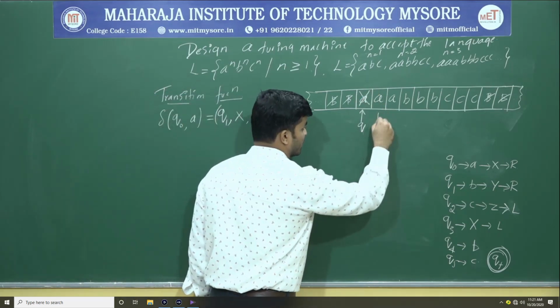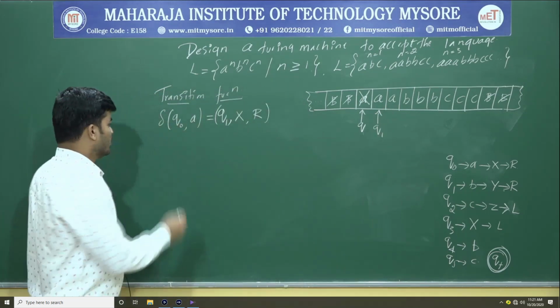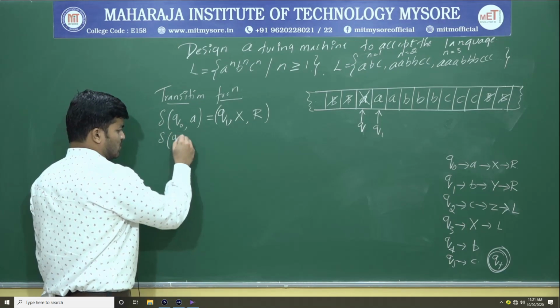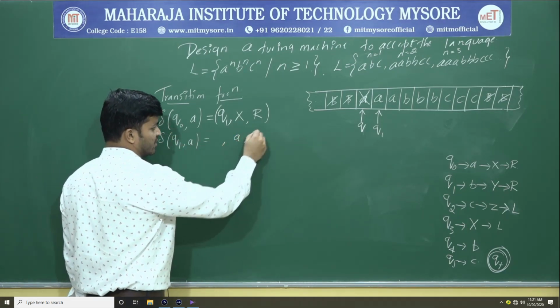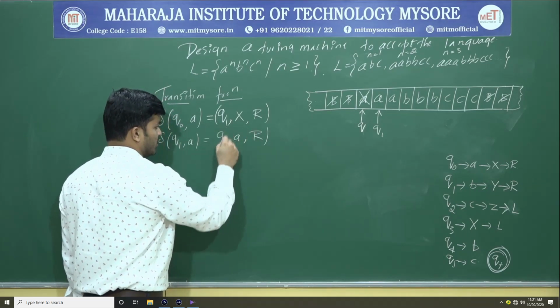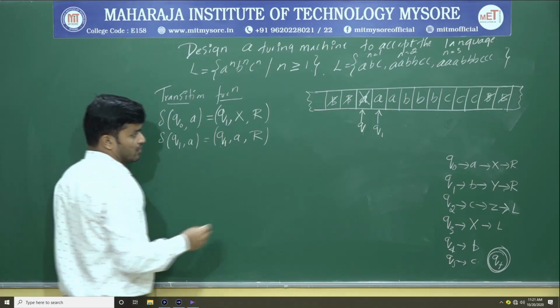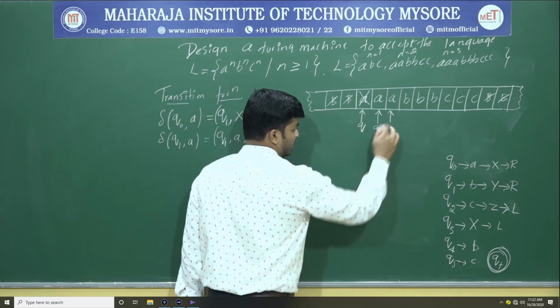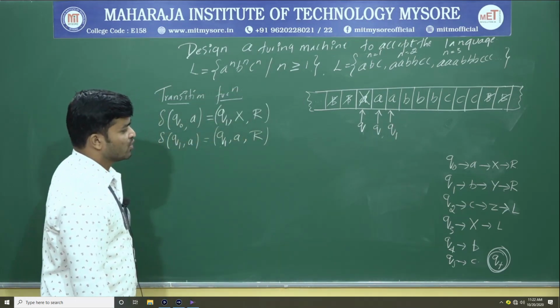Q1. So now it will come over here with the state what? Q1. Okay, so now delta of Q1 upon E. So if it is A, you maintain that A as it is and keep on moving which side? Right hand side. So why? Because I am using Q1 in order to find what? B. Okay, so now again it will move at right hand side to come over here with the same state what? Q1. Okay, so again Q1 upon E.